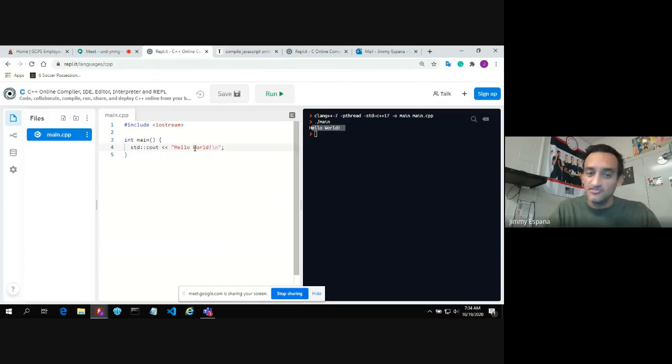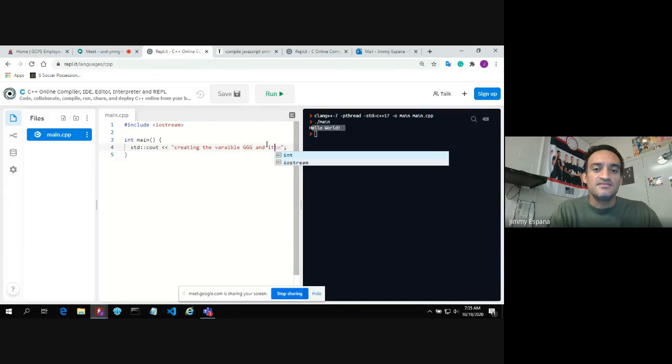So let's go ahead and do the same idea. Let's go ahead and create a variable. We're going to go ahead and inform the user. This here, you can see that it changed color. It's a new line, so we're telling it to create a new line, or put it after it outputs this information. Go ahead and start on the next line. So let's tell the user here that we are creating the variable GGG, all caps, and its value is